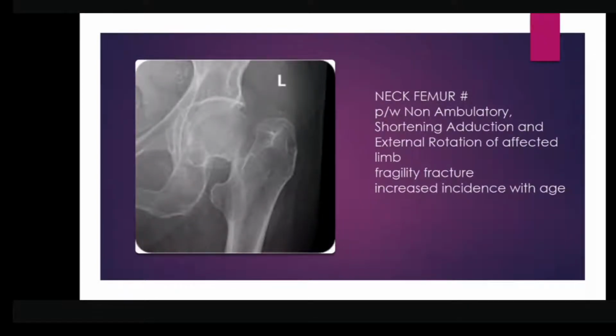The mode of injury for these people is minimal trauma, a fall in the bathroom. Some of you may have seen an elderly patient of your household slip in the bathroom and have this sort of fracture, also known as fragility fracture. In young adult patients, say a 30-year-old male or female, this fragility fracture will be unlikely. It can happen when a significant trauma occurs, that is a road traffic accident, a motor vehicle injury.